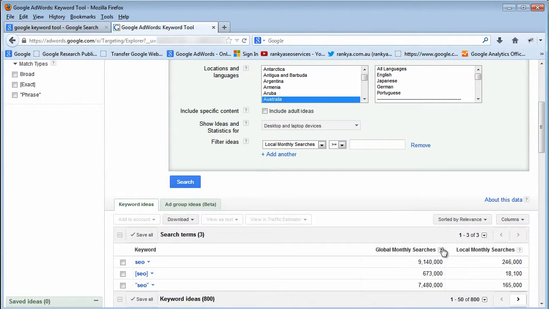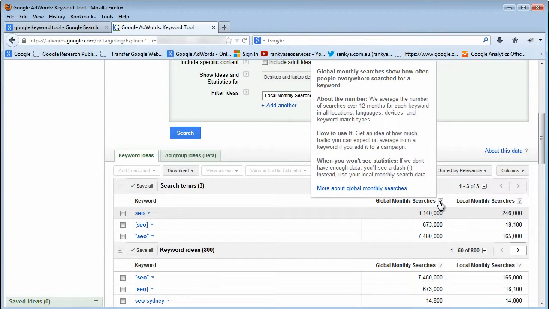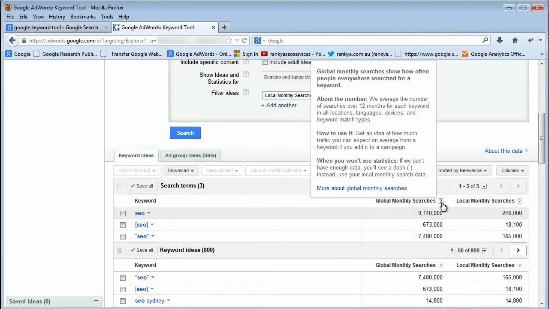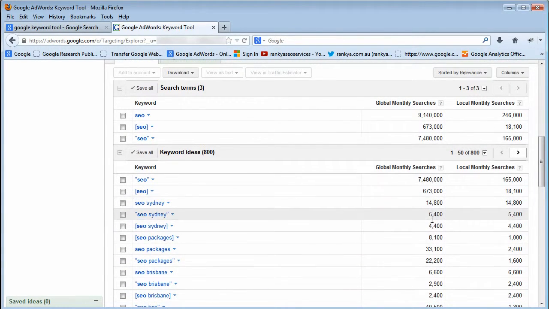But global monthly searches and local monthly searches are very critical for you to understand while you're building your keyword list. Global monthly searches, this is how it works. This is for 12 months, okay? It's all the data that Google has over the past 12 months combined and then averaged into a month. That's what you see here, because you will come across